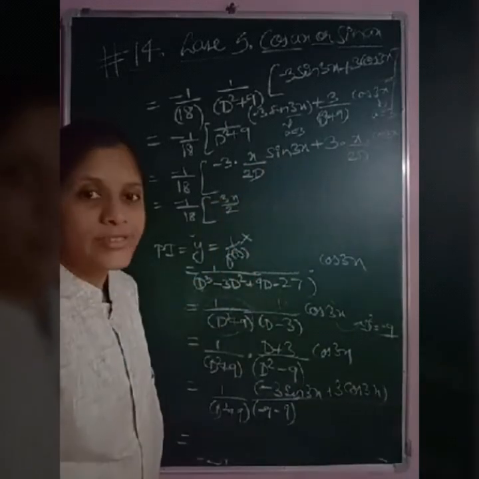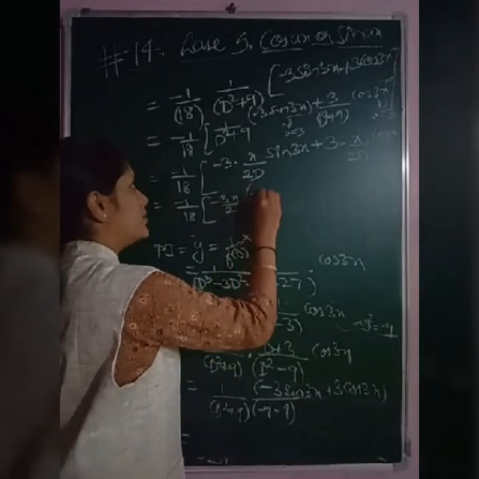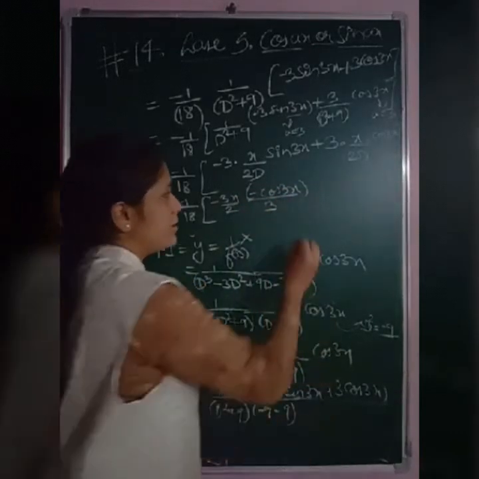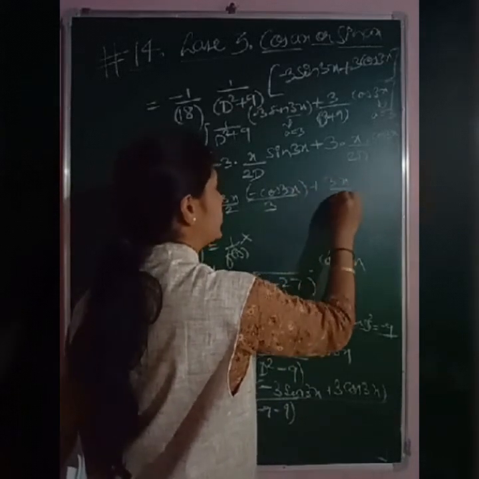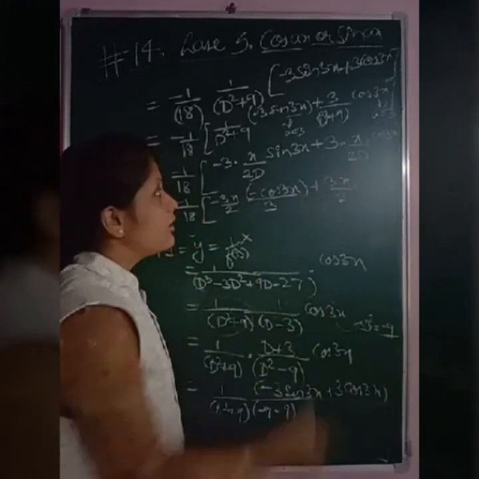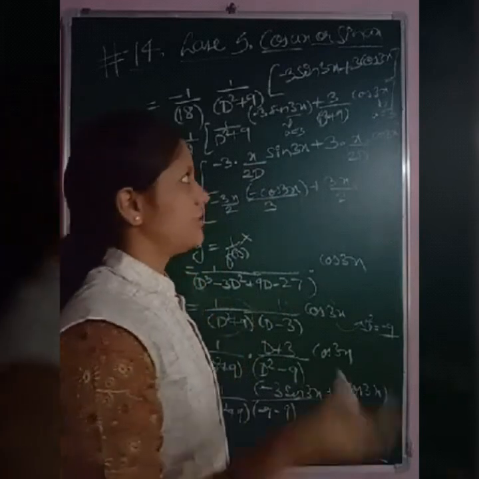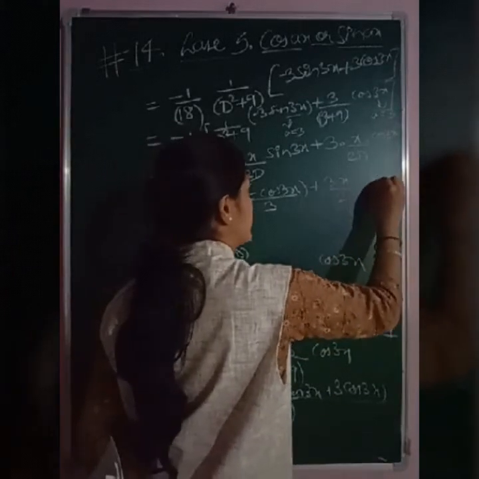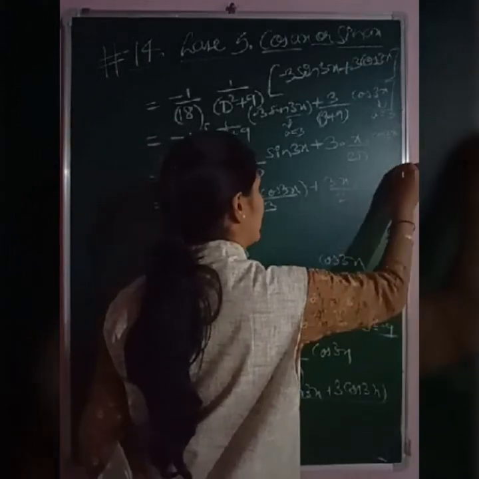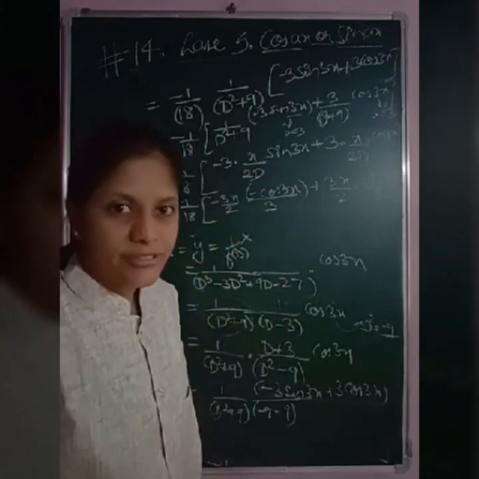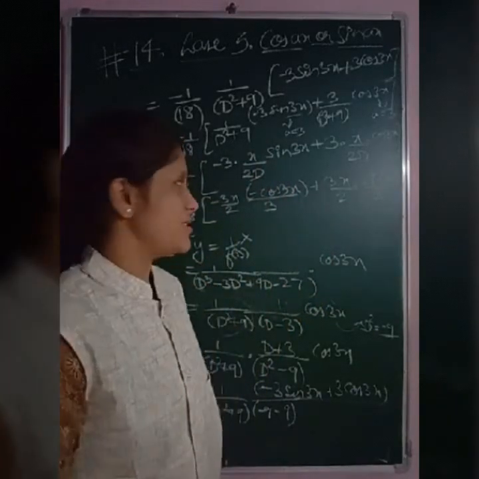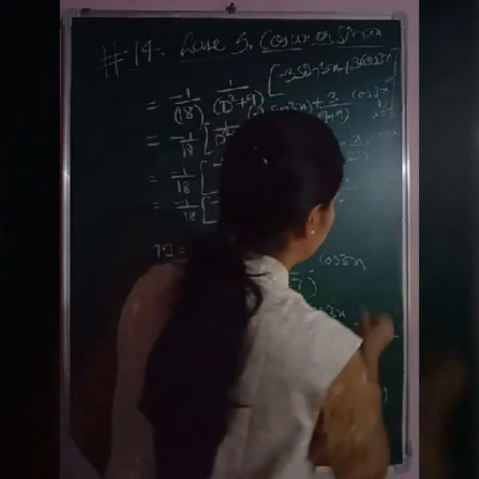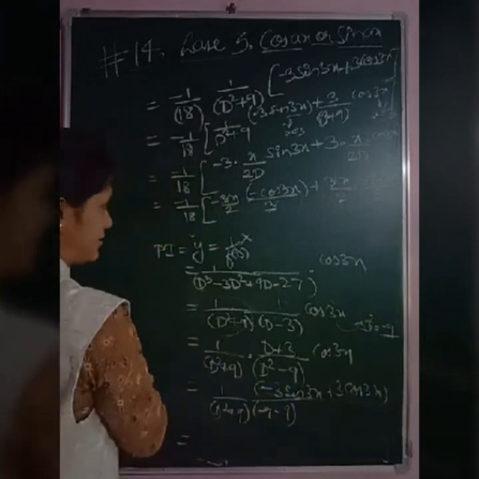What is integration of sin 3x? Minus cos 3x, coefficient of x, by 3. Plus 3x by 2 as it is. What is 1 by D? It stands for integration. So what is integration of cos 3x? Sin 3x by 3. Right? 1 by D stands for integration, D stands for differentiation. So let us solve this. 3 gets cancelled, and here also 3 gets cancelled.